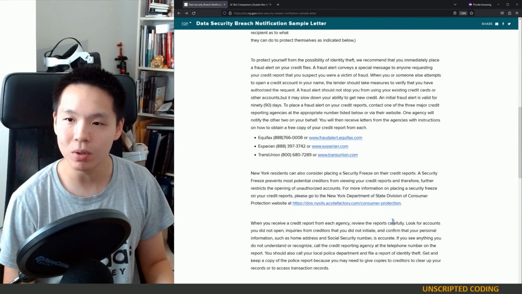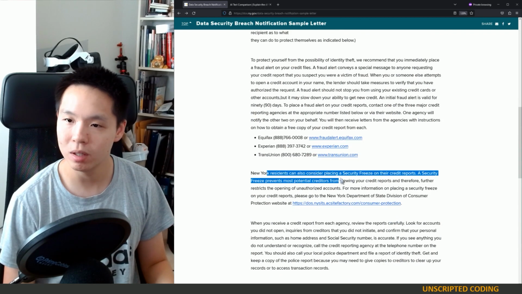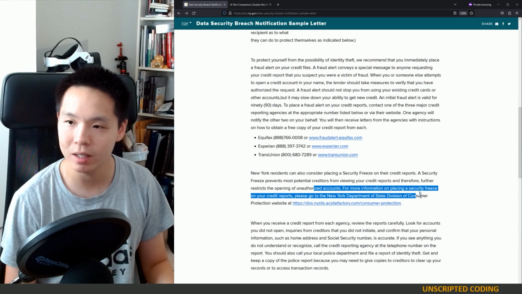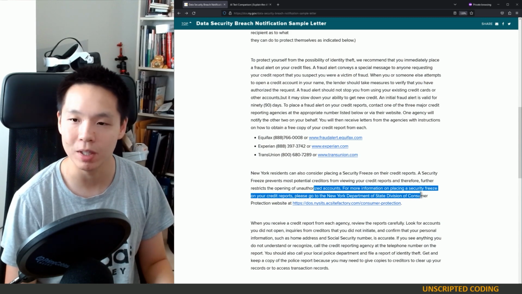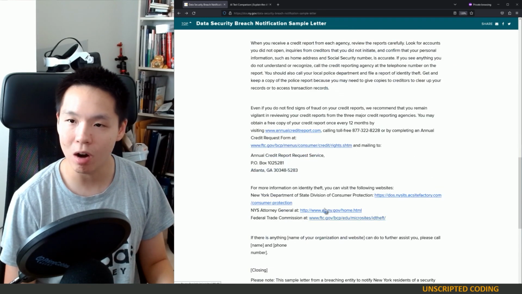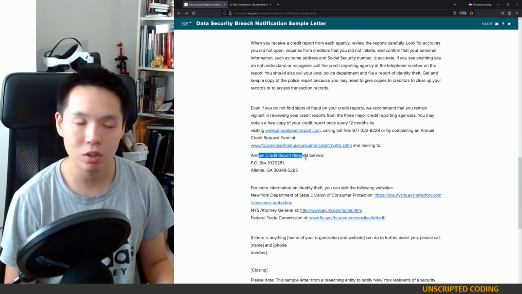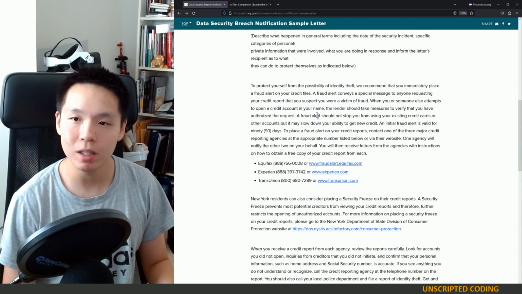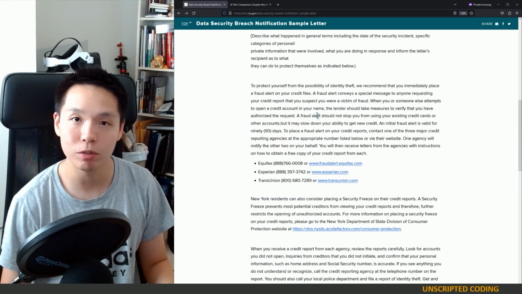So, for example, New York apparently could go to a consumer protection department. You may offer credit checks, credit protection, and depending on the state, you may need to provide contact information for